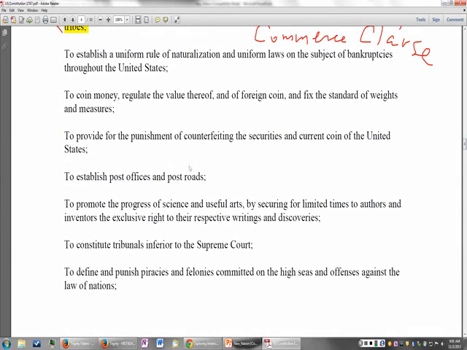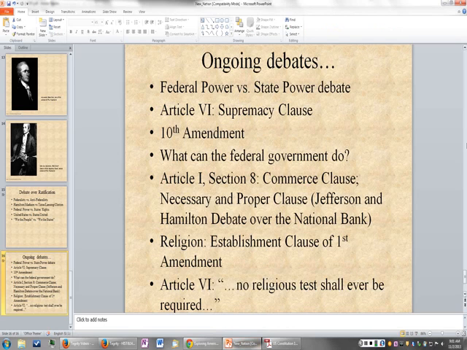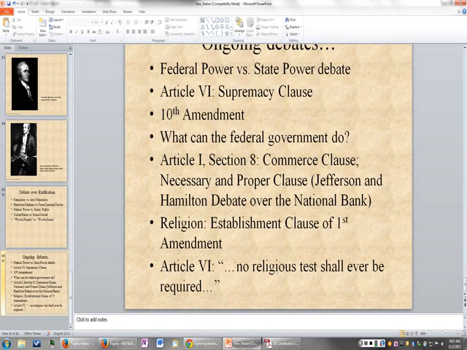Obviously, planes didn't exist then. And so we have adapted, we have amended the Constitution, we have changed the Constitution, because the founders provided a way to change it. They provided a process for amending it, which we have followed to expand on our original Constitution. But these debates will continue. They won't go away, and they really shouldn't. It's the nature of democratic society that we should debate these things.